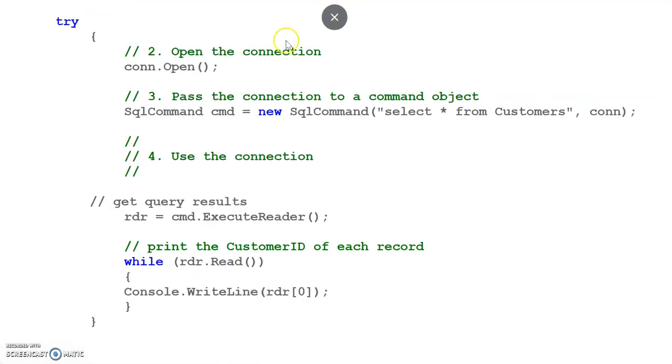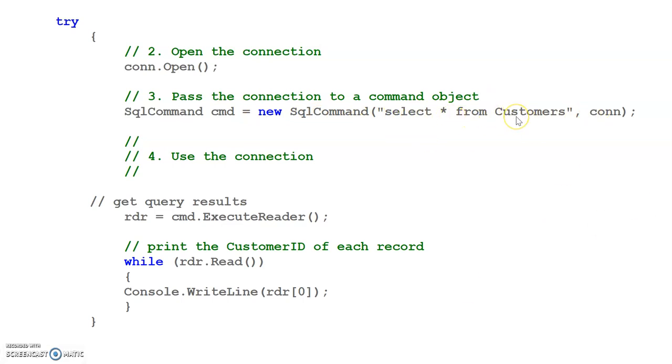Next, in a try statement you can see con.open, which is used to open the connection, and SQL command, which is used to process the command. SqlCommand creates the object cmd equal to new SqlCommand. Write down the command that you want to execute: select star from customers.